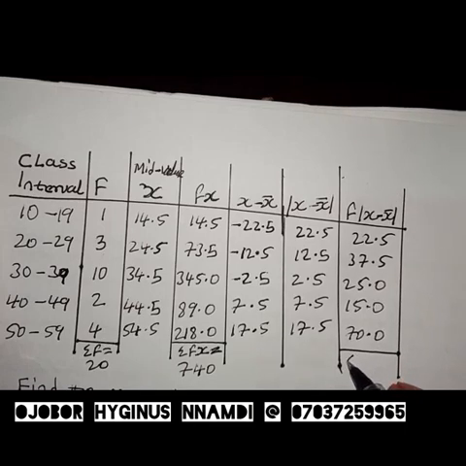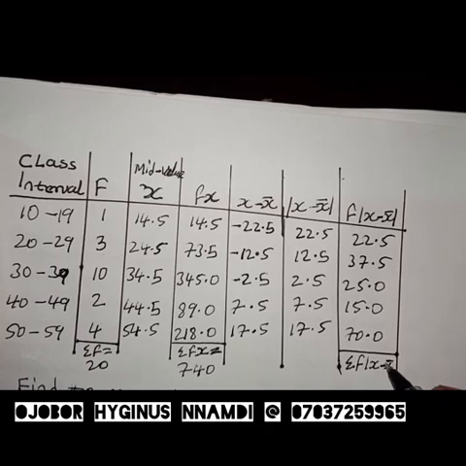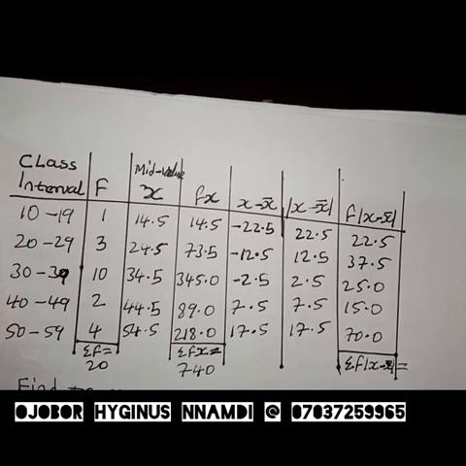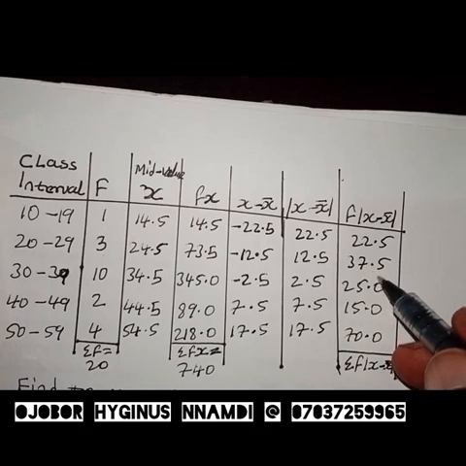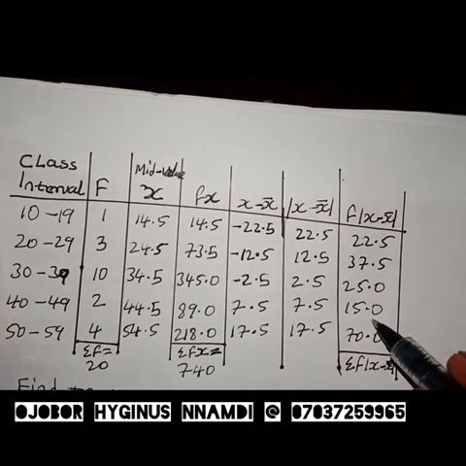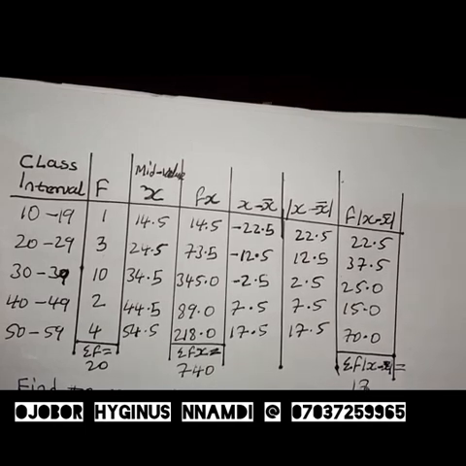So when we sum, we have already summed the frequency. When we sum the product of f and the absolute value of the deviation from the mean, we are going to have, if we sum 22.5 plus 37.5 plus 25 plus 15 plus 70, we get 170,